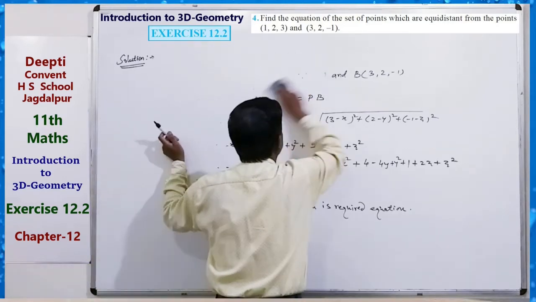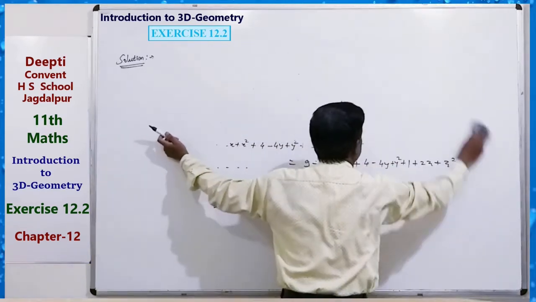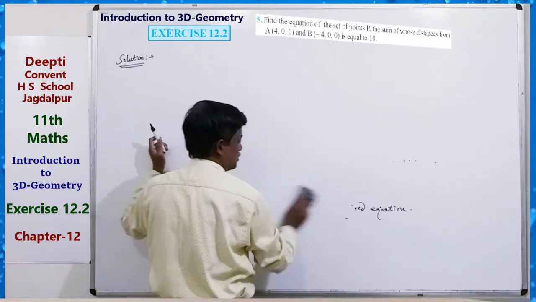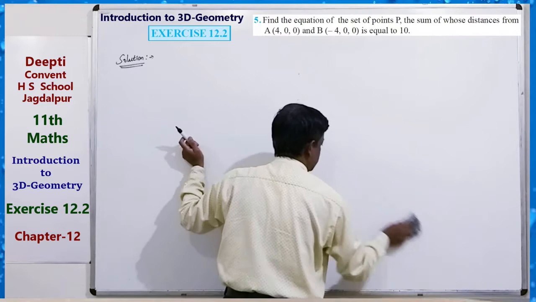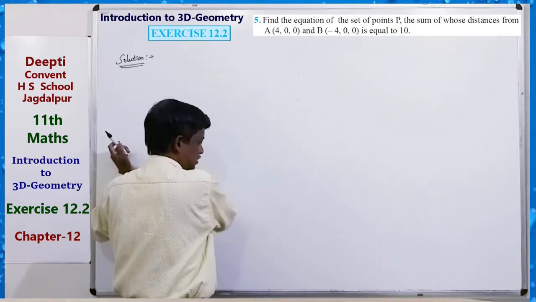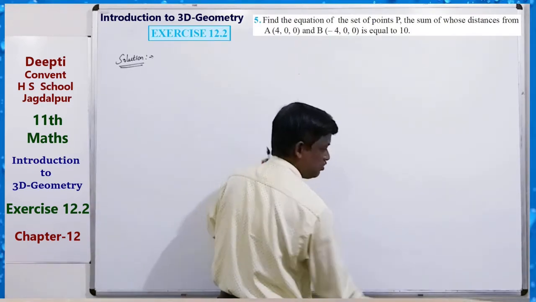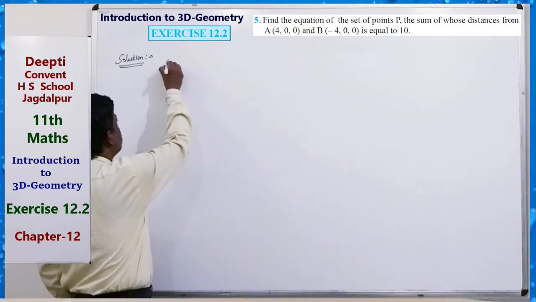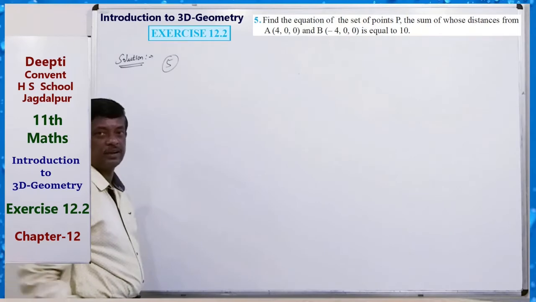Okay, question 5. You can do it, just do it yourself. Here you have to square two times. Okay, just question 5. Let